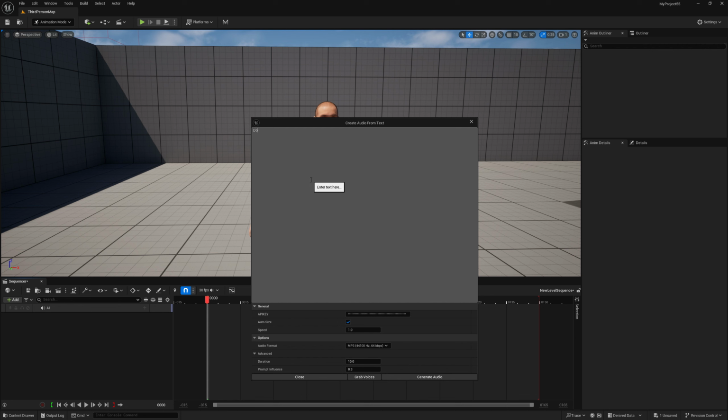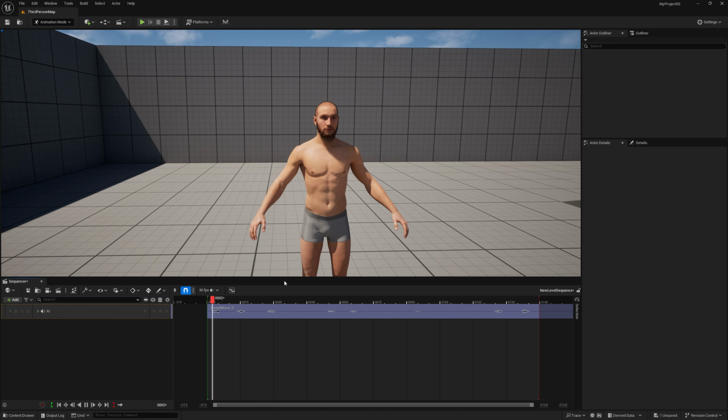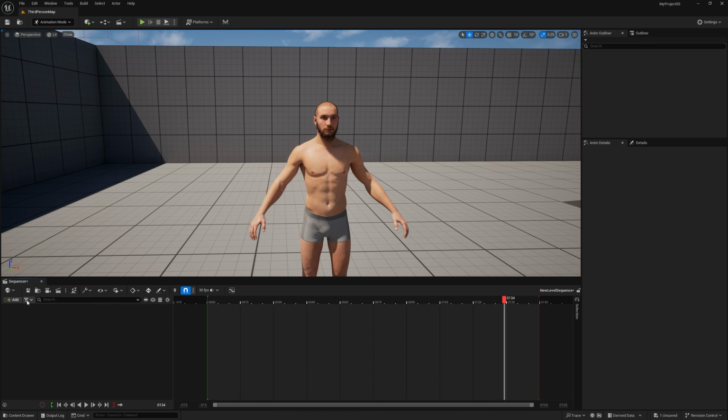So let's go here, dogs bark. We just click generate audio. And we got our dog bark. We also can add